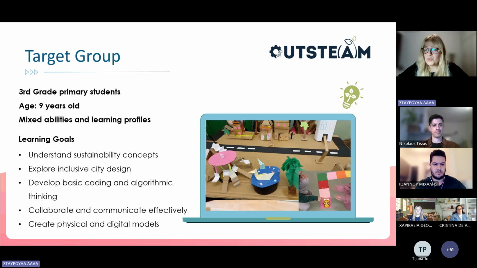The project also strengthened communication, creativity, and problem solving. And the learning goals promote language and communication by encouraging students to contribute ideas, justify design choices, collaborate with peers, and of course, use precise vocabulary related to coding, urban planning, and sustainability.